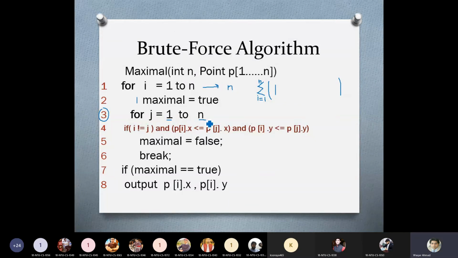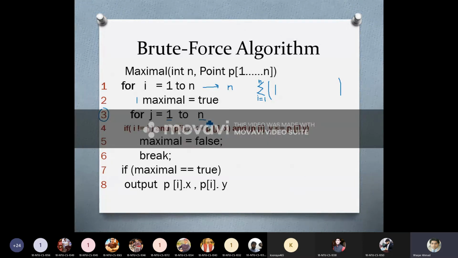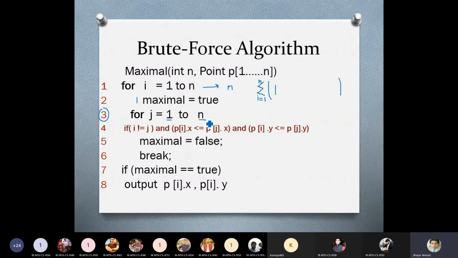Now we ask ourselves how many times this loop is going to be executed. We can answer n times, but it is not actually going to be executed n times. We are not sure how many times it is going to be executed because of this break statement.